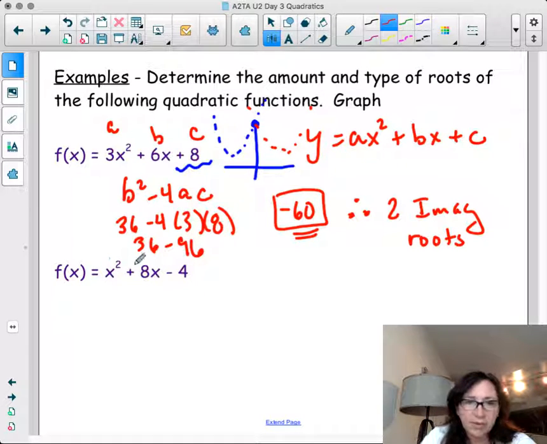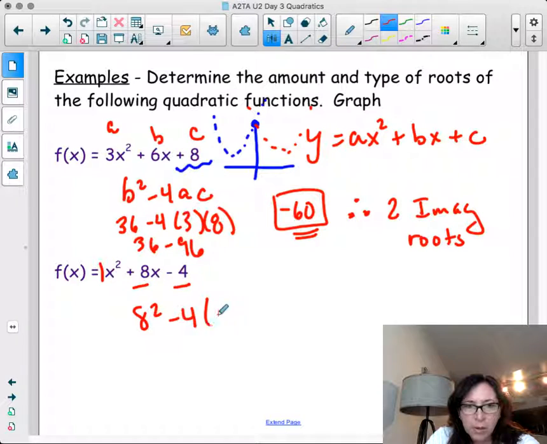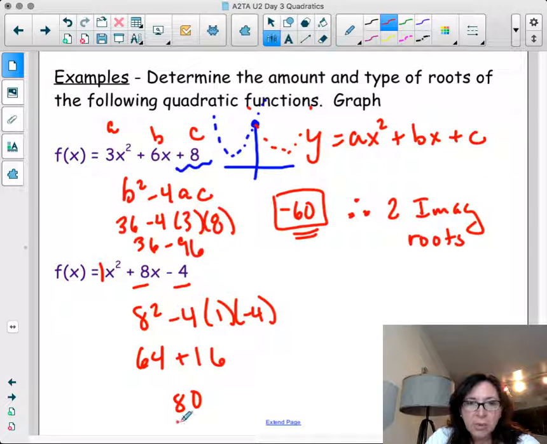Okay, the second one, to find the discriminant, again, this is a. A is in front of the x squared term, that's 1. B is 8, and c is -4. So when I go b squared, that's 8 squared minus 4 times a times c. That's what, 64? And this becomes negative times a negative is plus 16. So that's 80. So what I found is that I have a positive number, which means I have two real